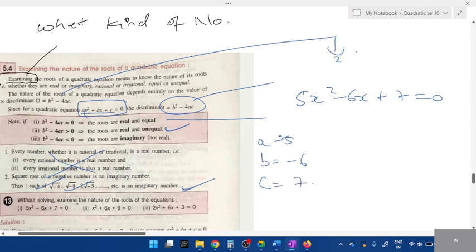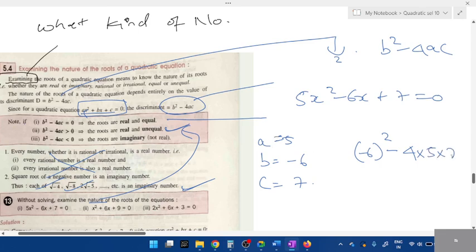What do we need to examine here? Nature of root. The meaning of nature of root is you have to find whether it is real, imaginary or unequal. So what's the formula we need to use to find the nature of root? There's only one formula. b square minus 4ac. What is b value? Minus 6 square minus 4 into